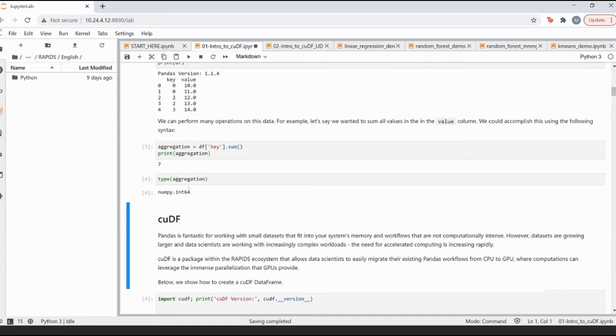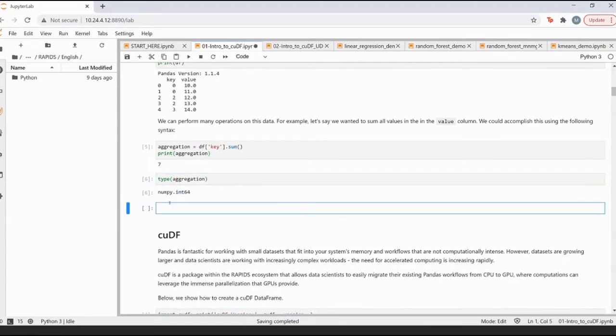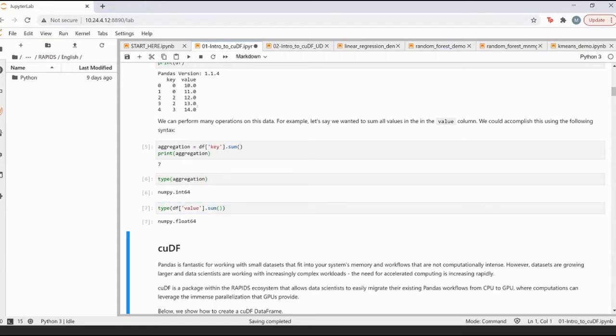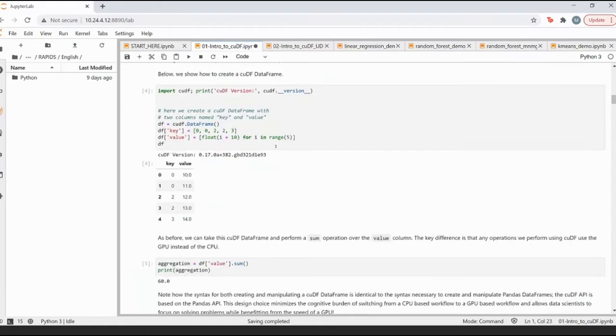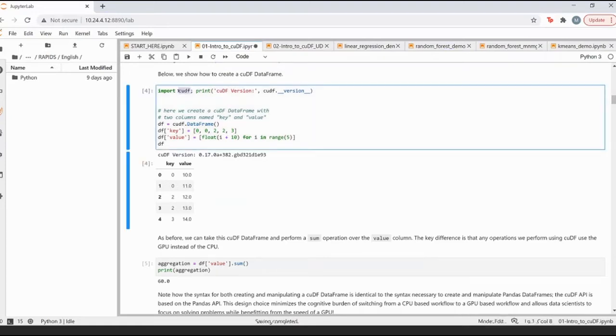But in case of my value, if I check the type of df of value dot sum, it will inherit that column's data type, which is float64. These are very fundamental things, but a little important. We'll get into more complex things in a couple of seconds, but this is just to set up some background. Similarly, you can use cuDF to create the data frames with a very similar API.